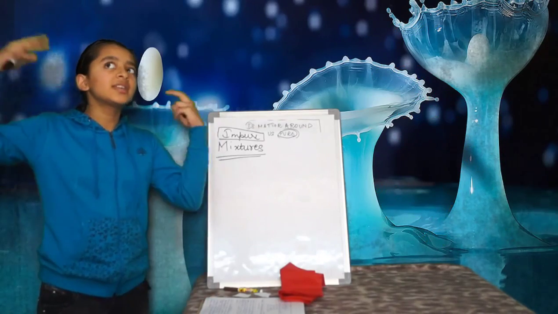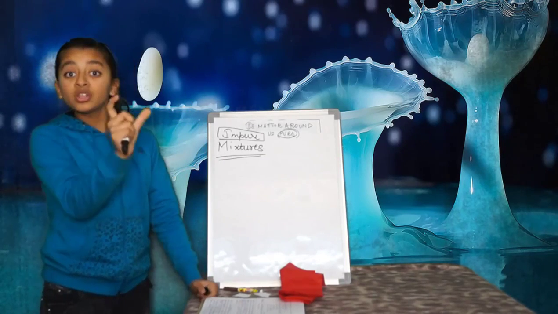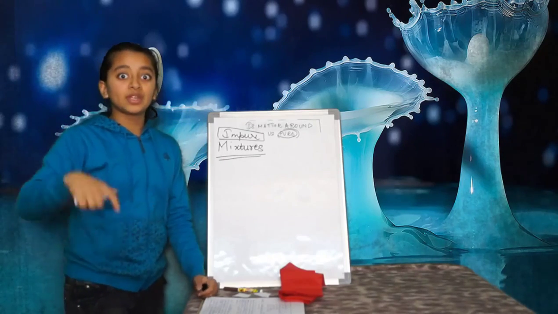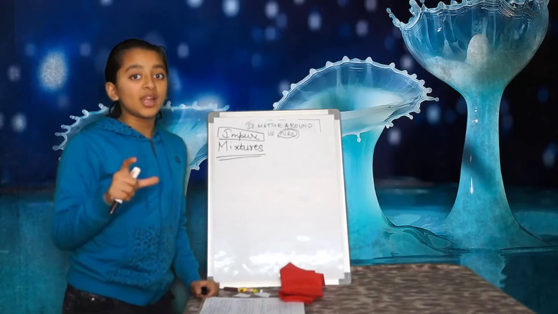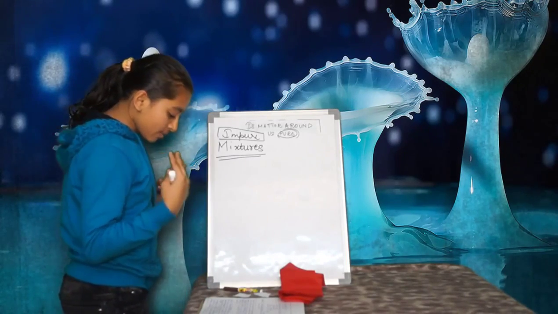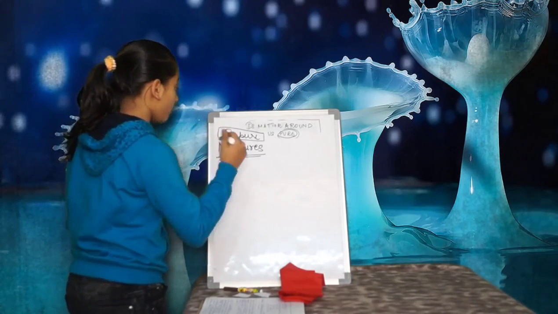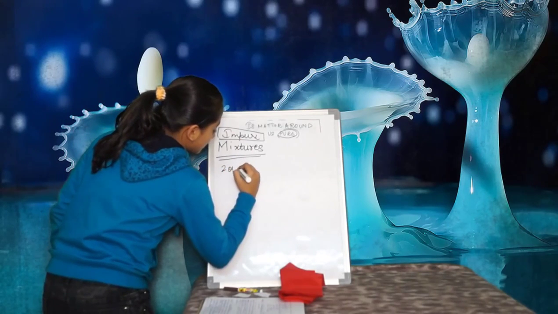If we take an example, you remember the old chalk powder one? Then it would show the properties of the chalk powder as well as the water. So it is a mixture. And reading from the book, I would say a mixture is a substance which consists of two or more substances.